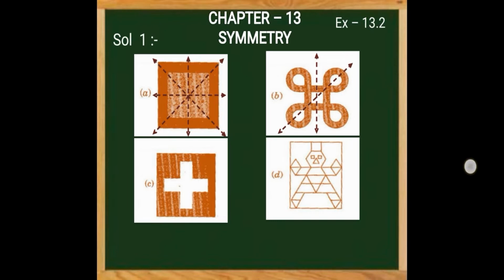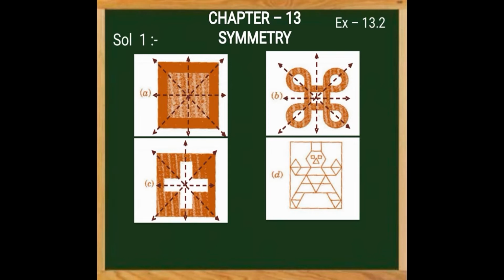If you fold the paper along the line of symmetry, we get a balanced figure. Next line of symmetry, L3. Adding the fourth line of symmetry, again fold the paper and check. If you fold your papers in the same way as I do, you'll get these 4 lines of symmetry for the B part. Moving to the C part, this is the first line of symmetry, this is the second line, this is L3 and this is L4. So for A, B and C, we say we have 4 lines of symmetry.